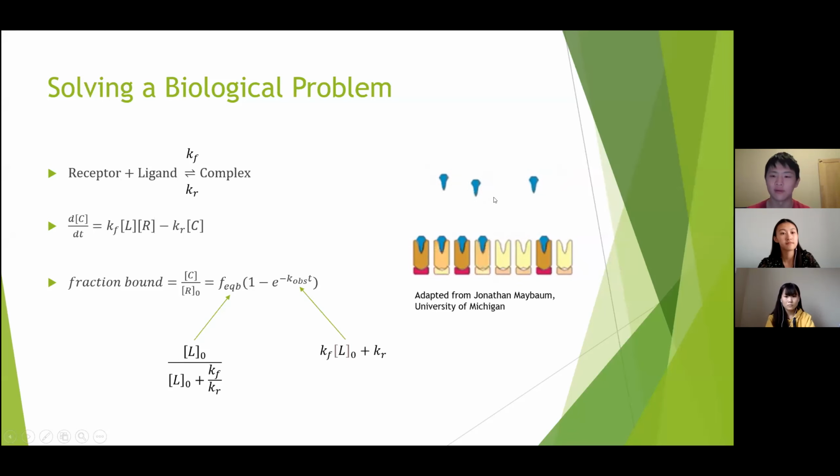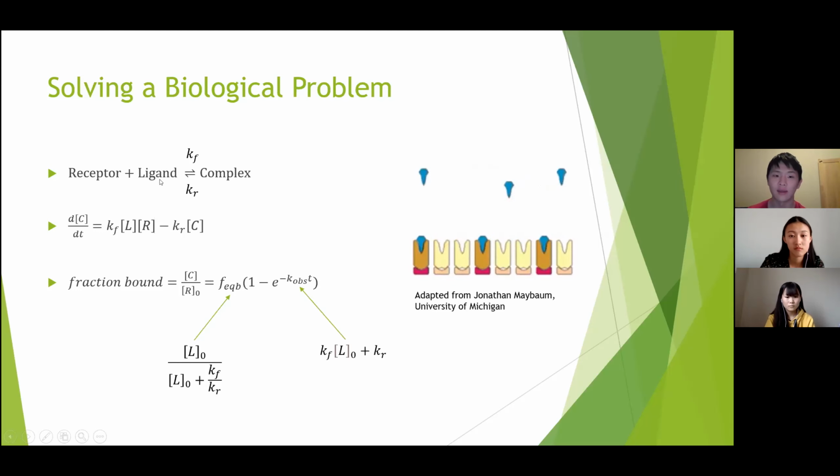And as you can see from this animation, it's not really something that's super well defined. These ligands float around and they bind to the receptors, and then they also unbind as well. It's basically the concept of equilibrium, if you've heard that in your chemistry classes. From there, what we can do is model it as this chemical reaction: receptor plus ligand becomes a complex, and then we have these equilibrium arrows to imply that it can go in the opposite direction as well.